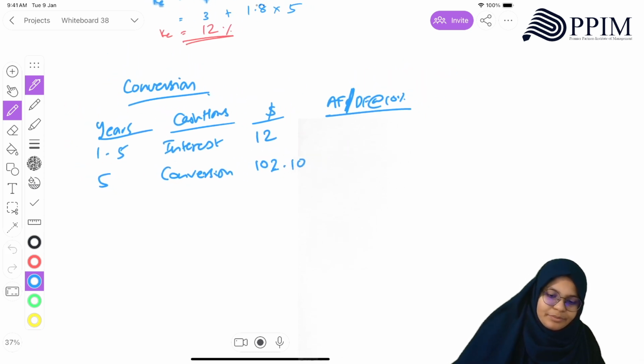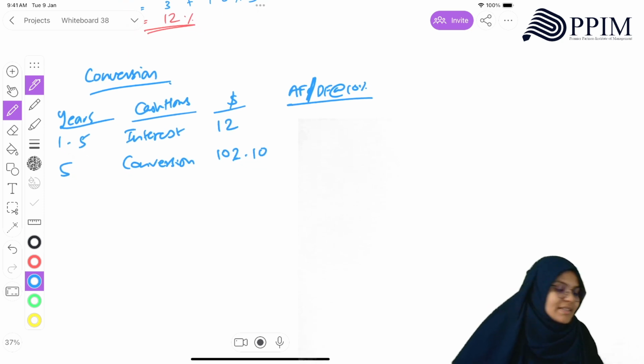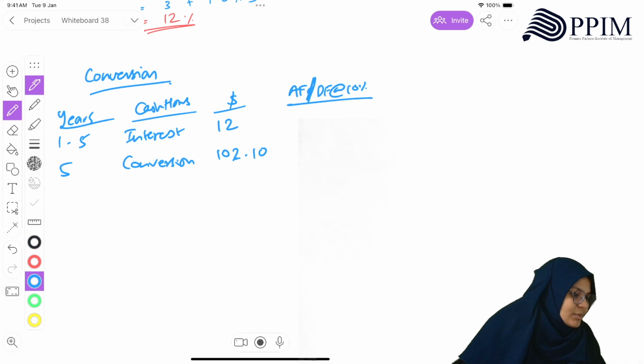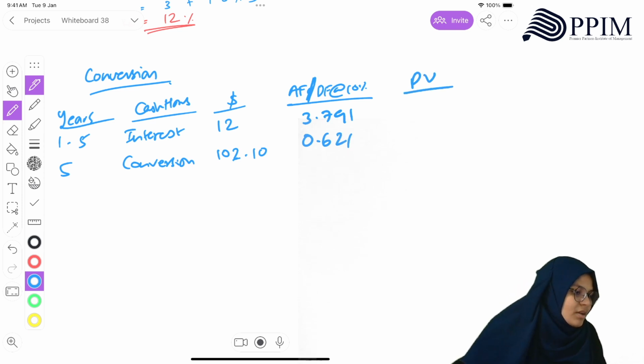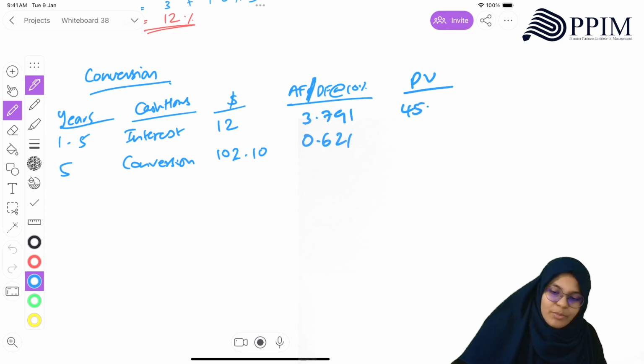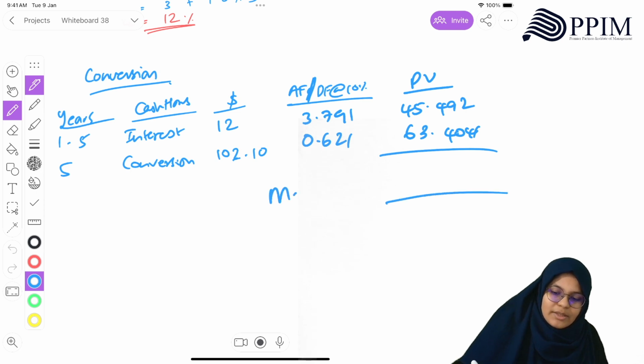So the 5 years annuity factor at 10% will be 3.791, and the 5 years discount factor at 10% is 0.621. The present value will be 45.492 and 63.4041. Take the total, that is the market value,